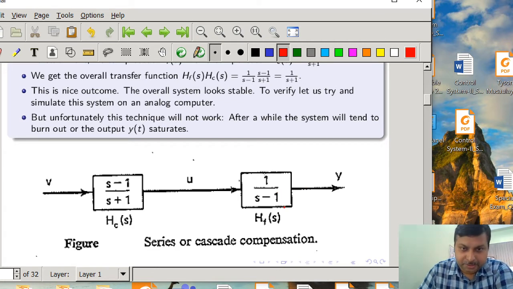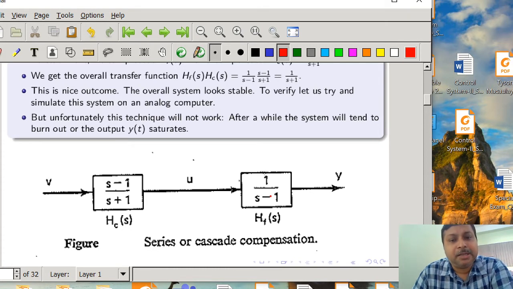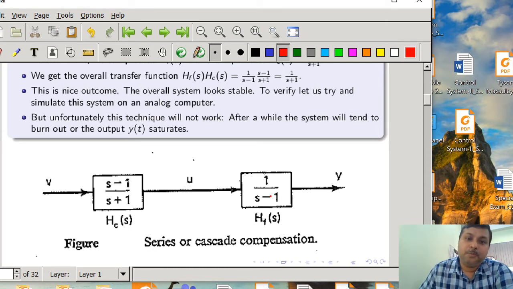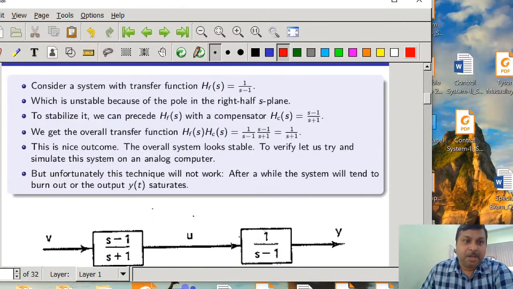Why is it an unstable system? Because the pole of the system is located in the right half of the s plane, that is s equal to plus 1. So definitely it is an unstable system. To stabilize it, we can precede H(s) with a compensator, and the compensator transfer function is (s minus 1) by (s